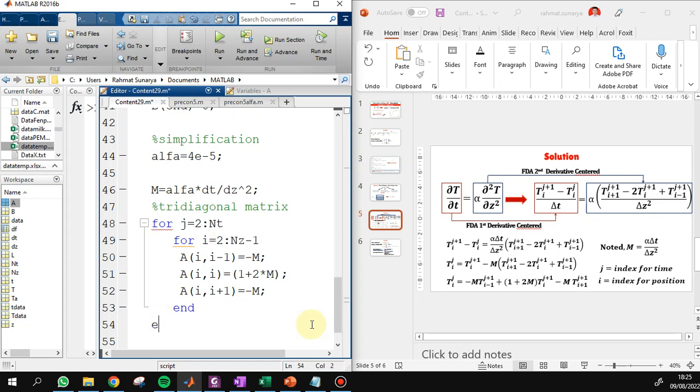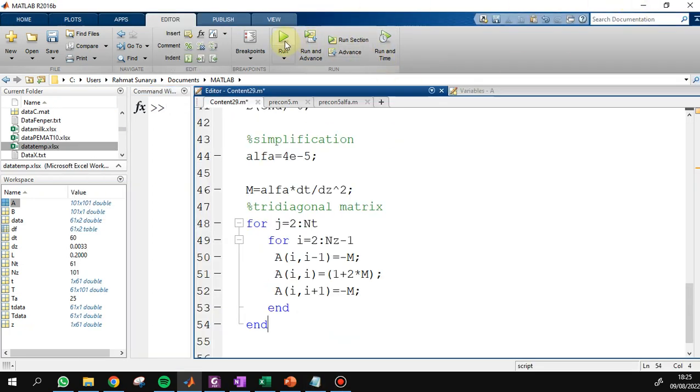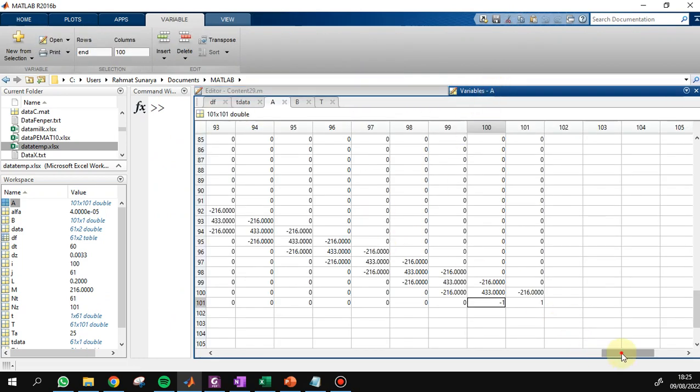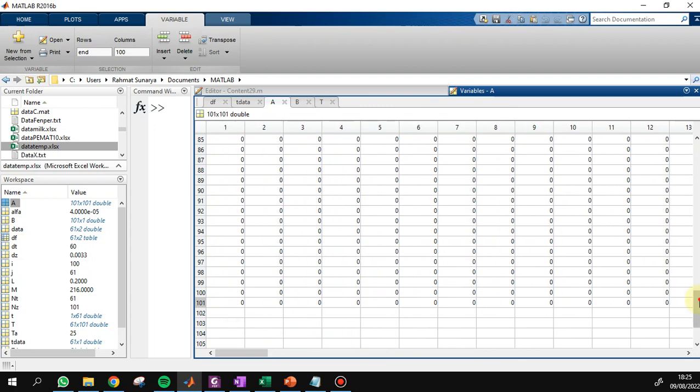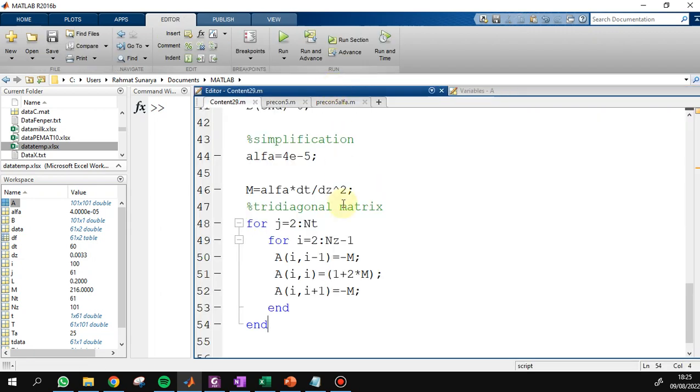Don't forget to close with end. Run. We see the tridiagonal matrix for A, perfect tridiagonal: 1 2 3, 1 2 3, 1 2 3. Tridiagonal for A is done.